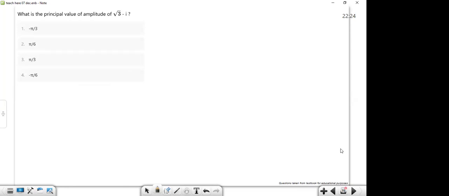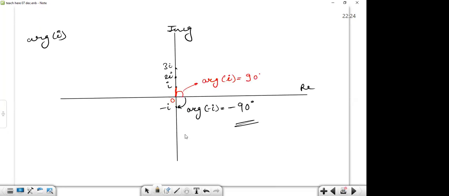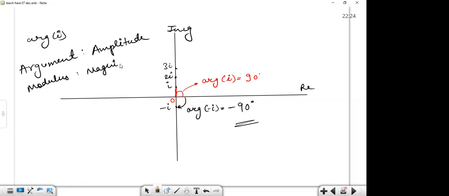No, sir. So as we were discussing amplitude, don't confuse argument and amplitude. Argument and amplitude are the same thing. And modulus and magnitude are the same. Anyways, if we talk about the principal domain of argument or amplitude of a complex number,